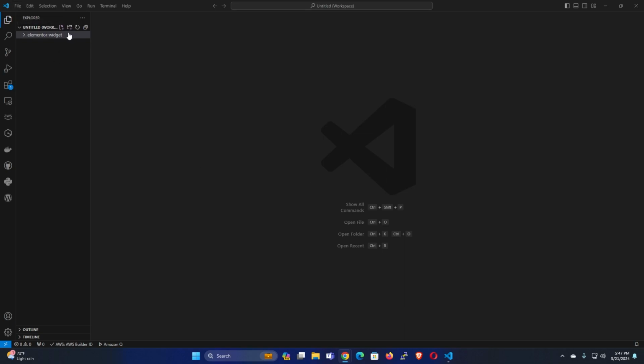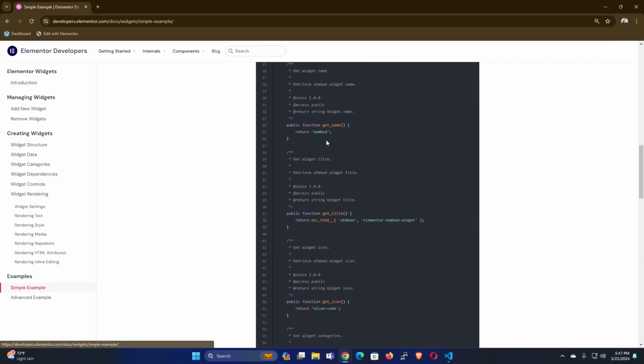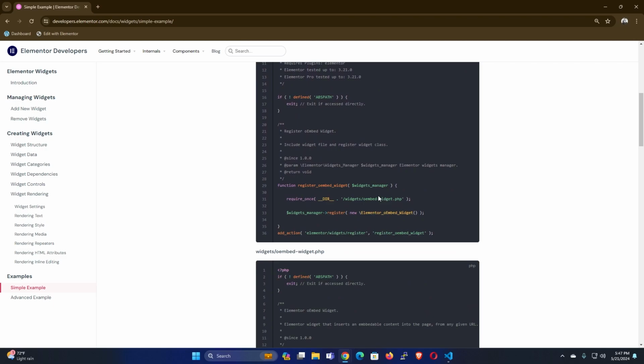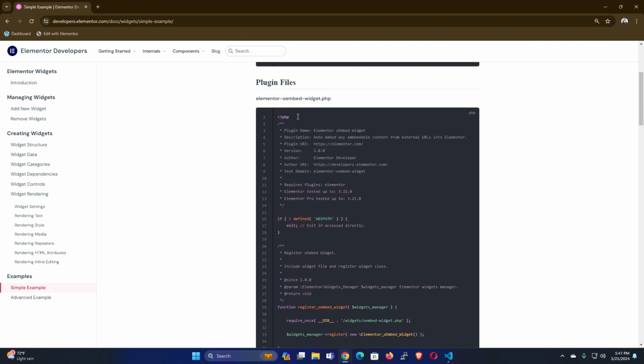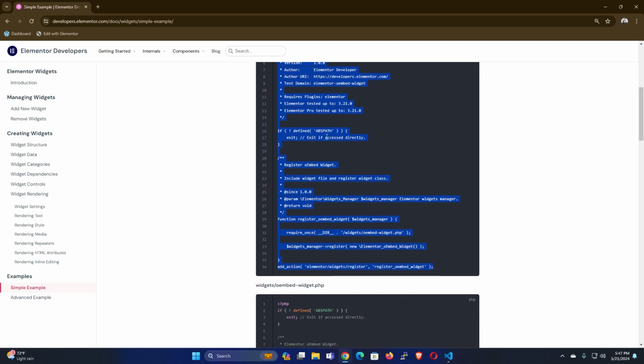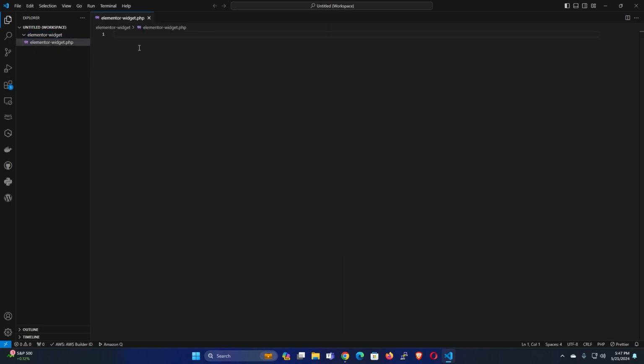We can even use these Elementor examples. Let's use this simple example so that we can just create a quick Elementor widget. I can just copy this code. Then I create an Elementor widget. Let me just call the name .php. So when I create this widget,